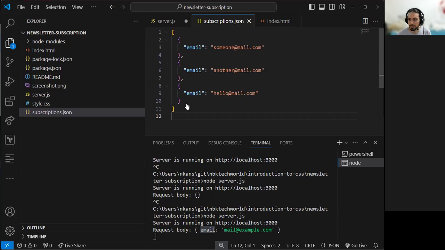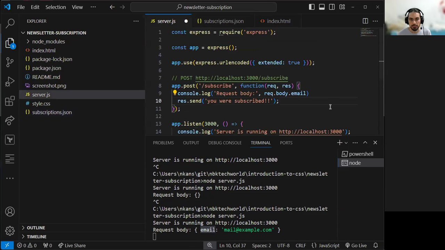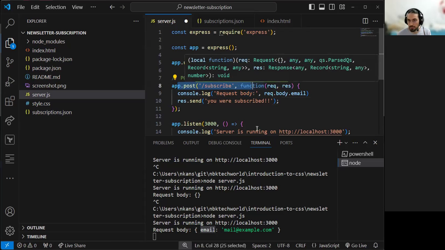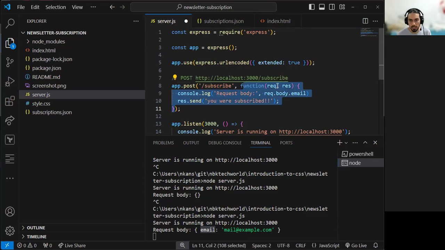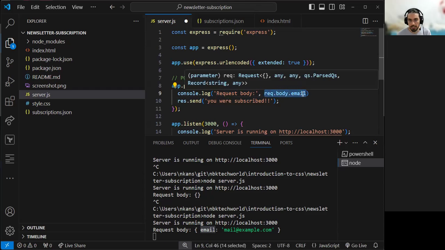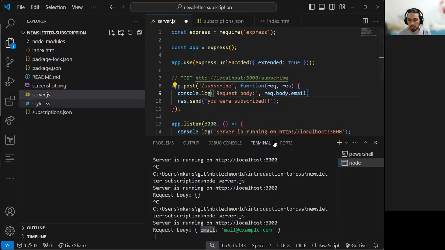So I'm going to save this for the sake of having something. Now going back to server.js. When you submit the form, it calls this function. And okay, we have access to the email via req.body.email. Now I've got to take that and inject it into the file somehow. To do that, first you've got to read the